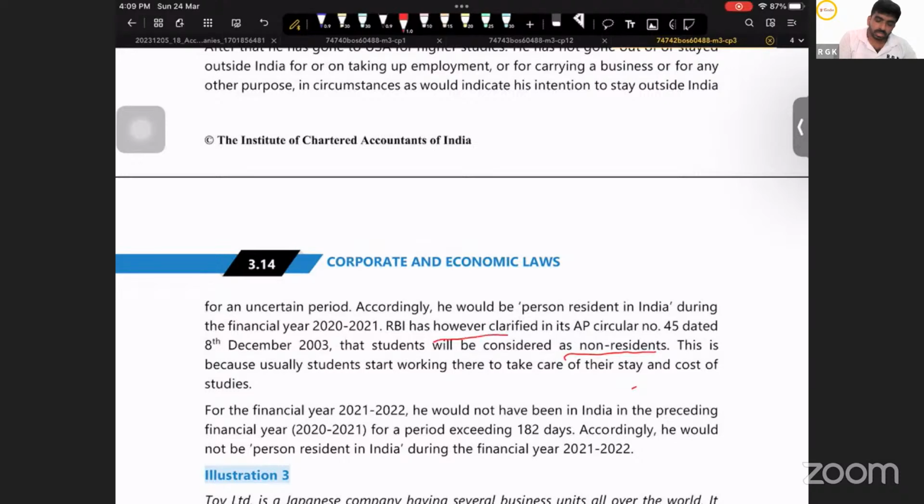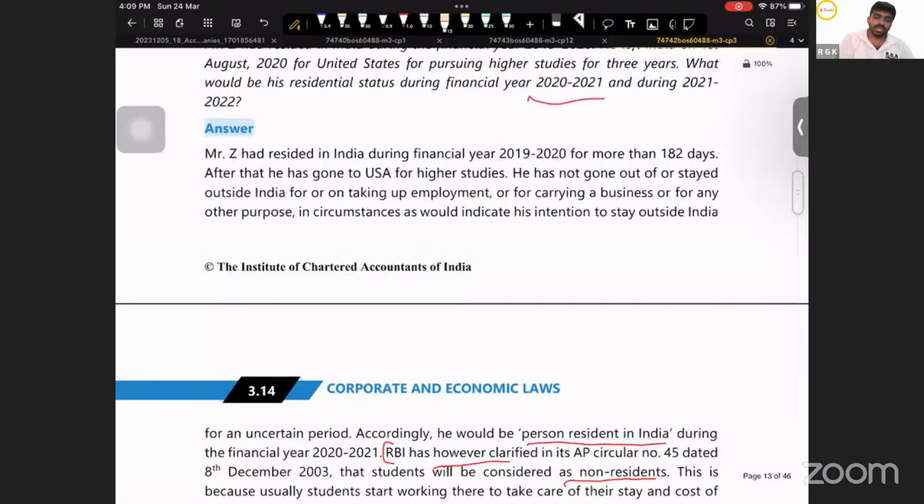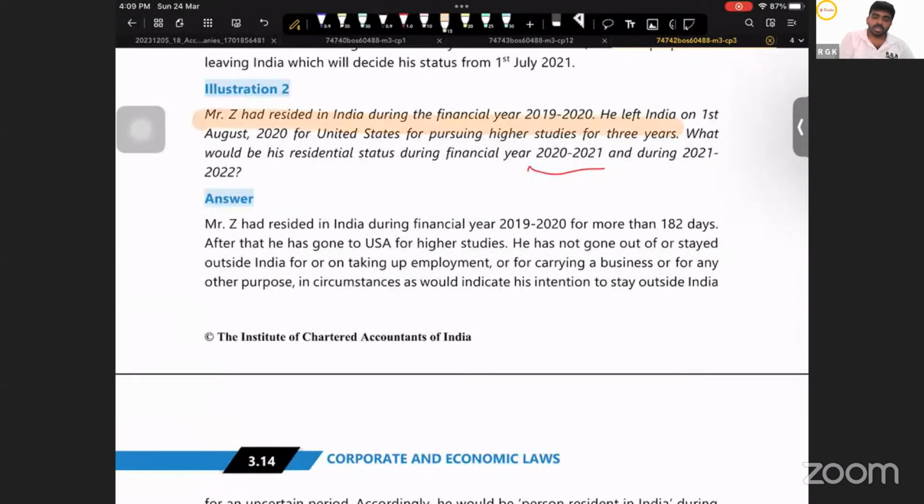RBI clarification, based on FEMA rules, it is very clear he is person resident in India. But because of RBI circular, you should keep in mind this circular number very importantly. If this type of question comes, write this same answer straightforward. If they are going out for study purposes, immediately first you say according to the provisions of the FEMA he will be